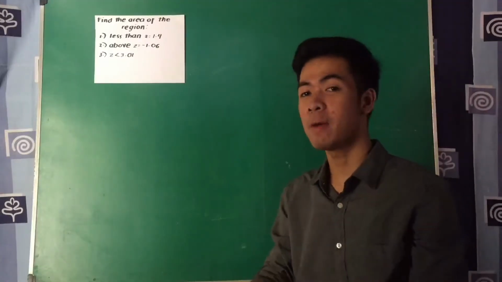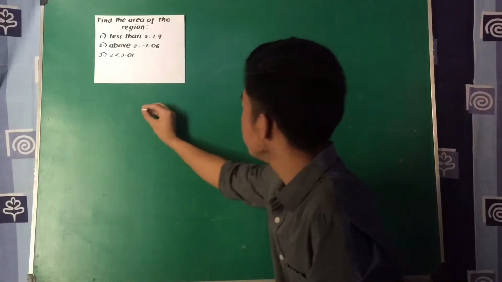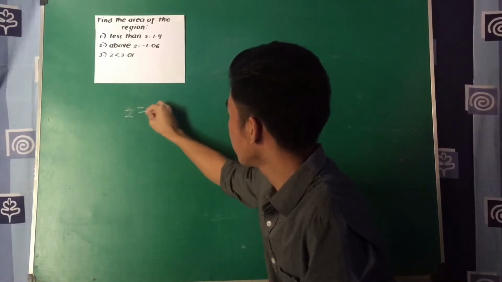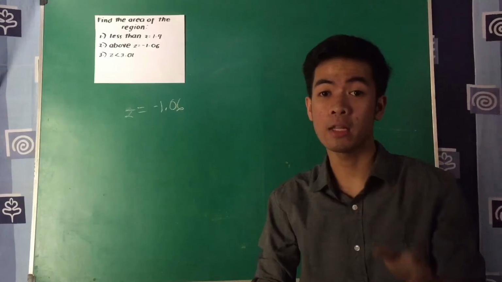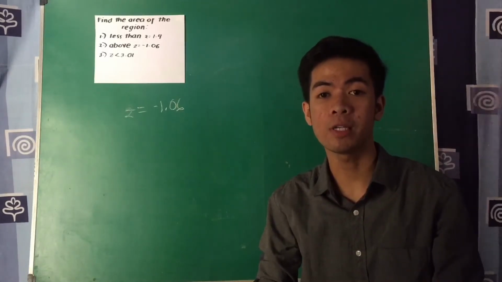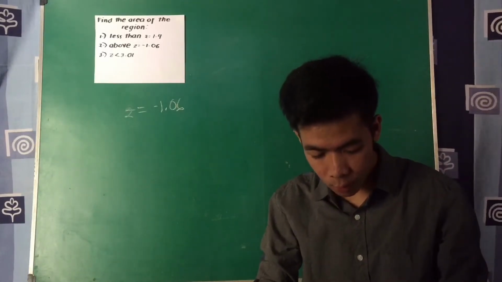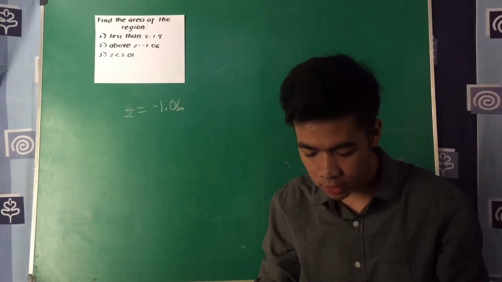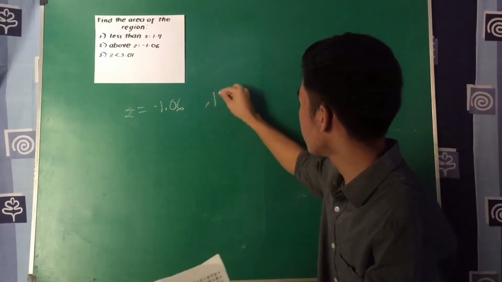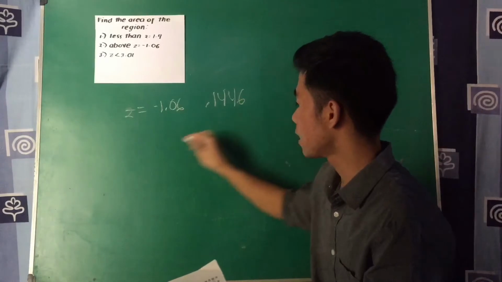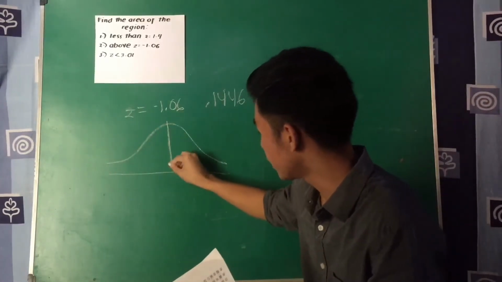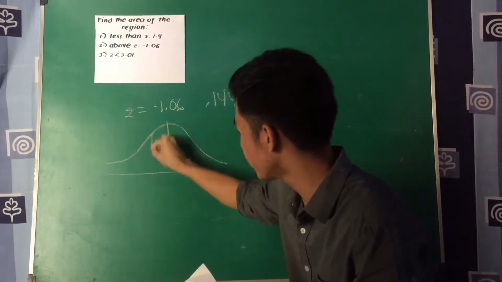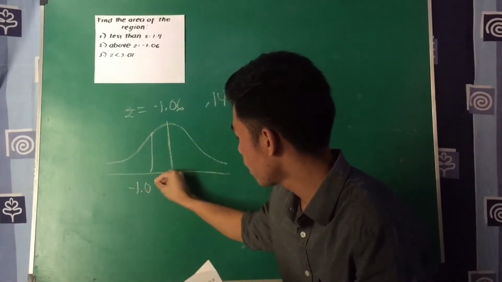Let's proceed to item number 2. Find the area of the region above z is equal to negative 1.06. Again, you have to locate the equivalent value of negative 1.06 on your z table. So the equivalent value of negative 1.06 is 0.1446. Again, you just have to draw a normal curve, assume the specific position of negative 1.06, and shade the